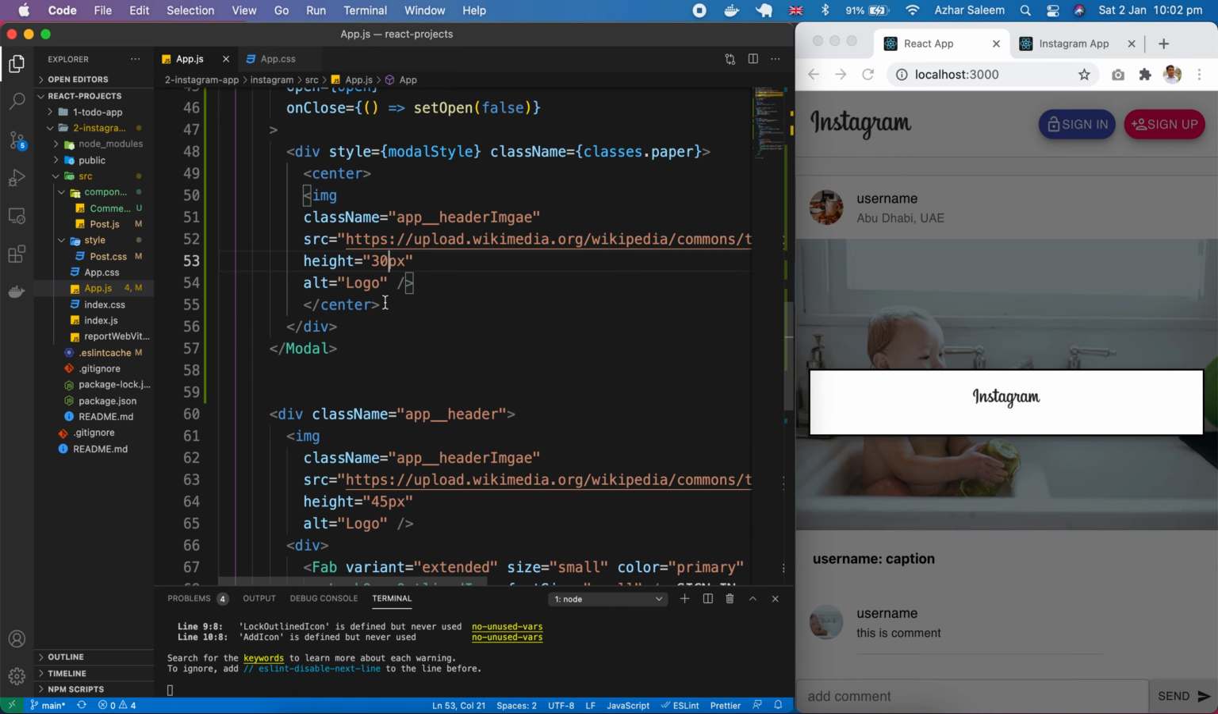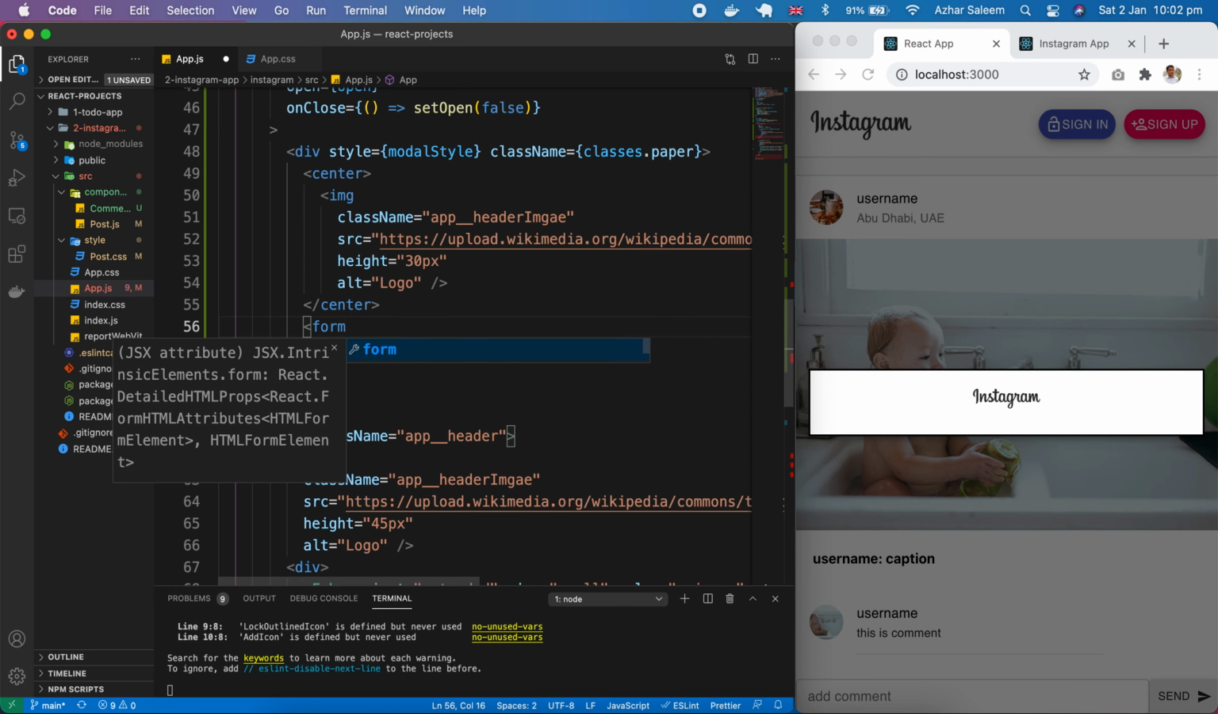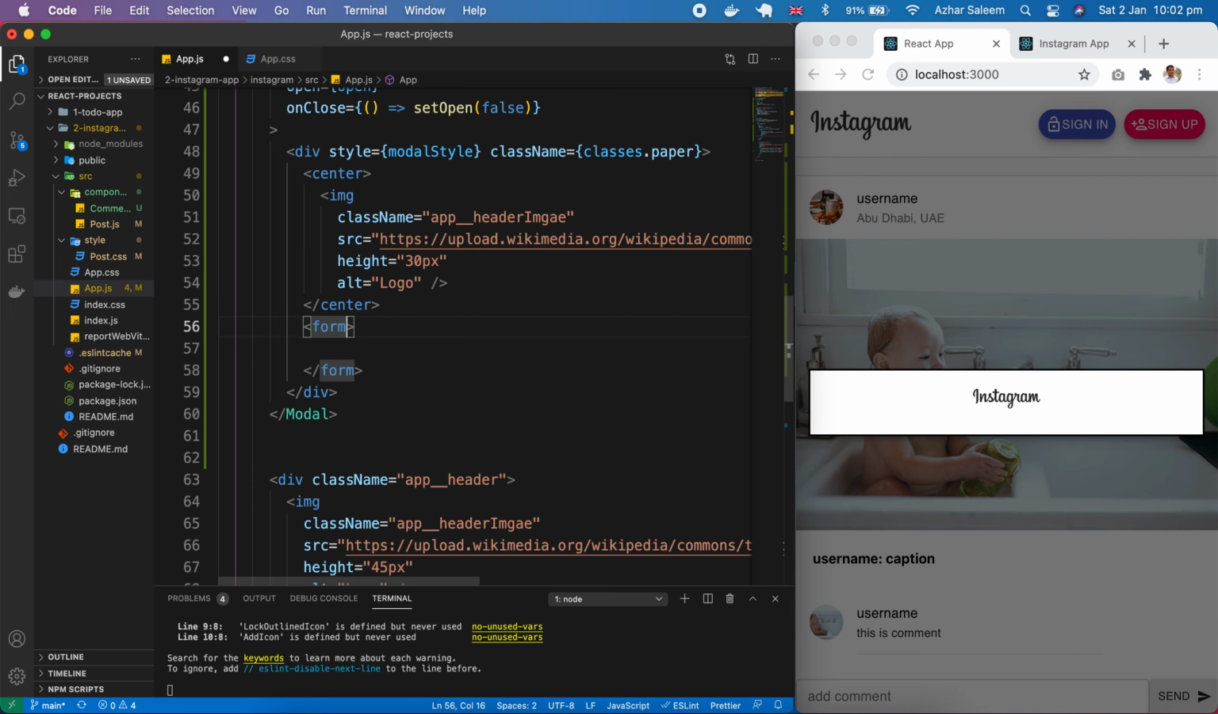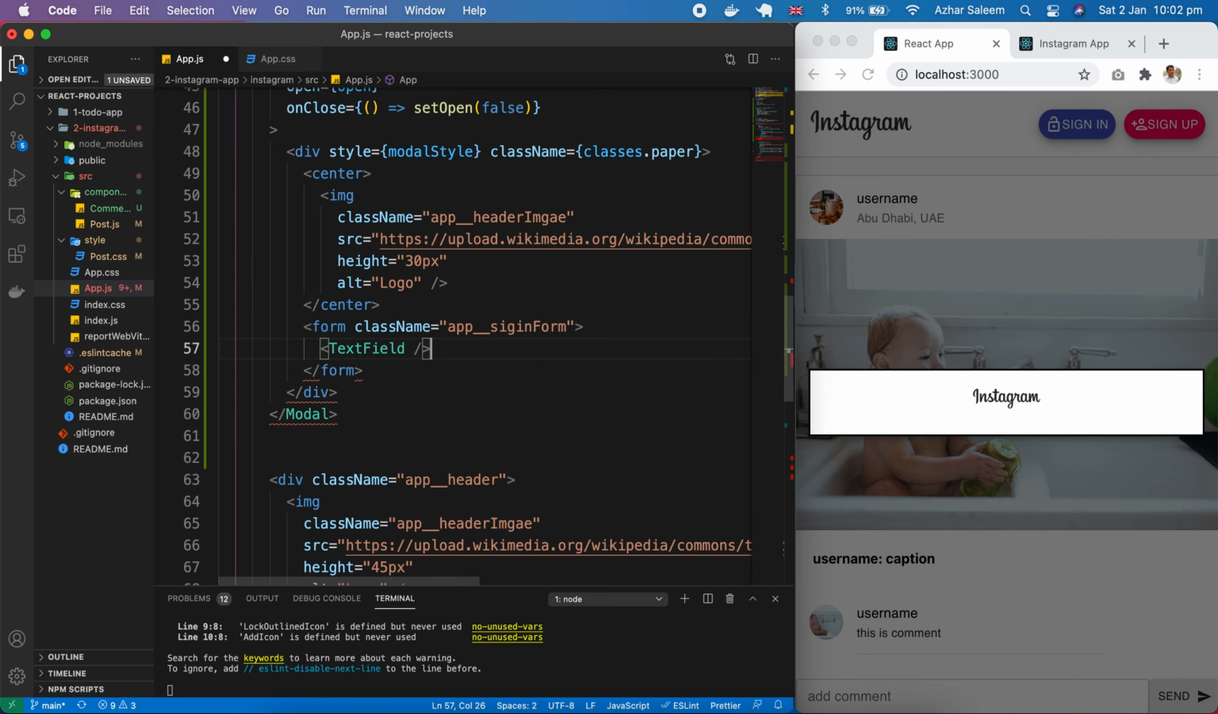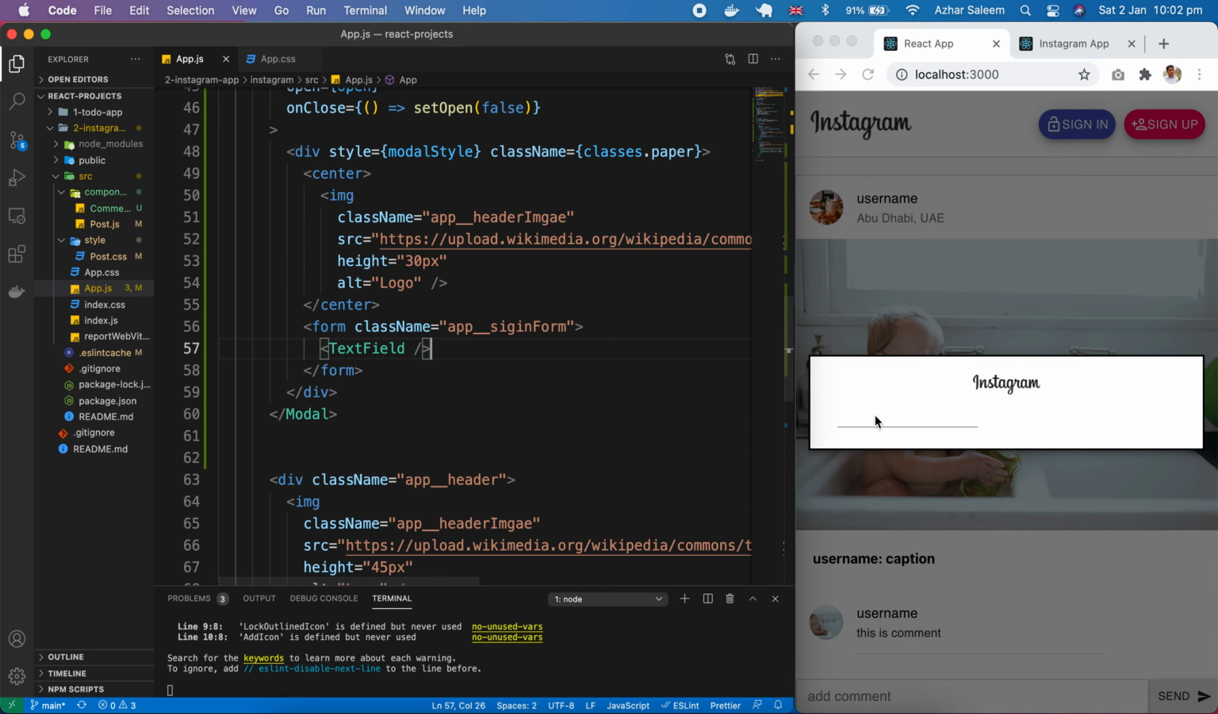Okay, and in the next step we have to create the form here. After center, I'm going to create a form here and give a class. So className app sign in form. So first thing we need here is a text field. Make it a variant and